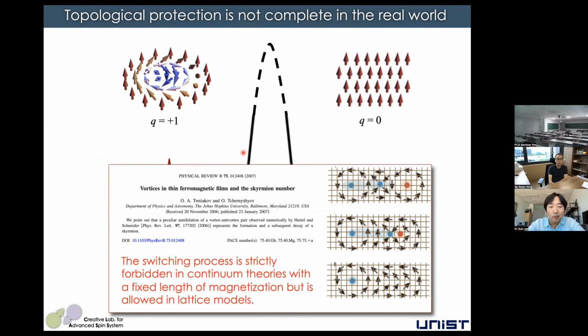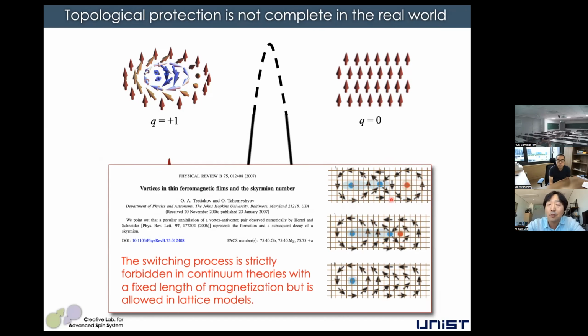But if we adopt the discretization of the spin configuration in a real system, if we adopt atomic spin structures with the spins located at the atomic lattice sites, he solved this problem: the change of the topological charge is allowed in the lattice model. So previously we have seen that the vortex core orientation changes according to this kind of process. Initially, an upward core